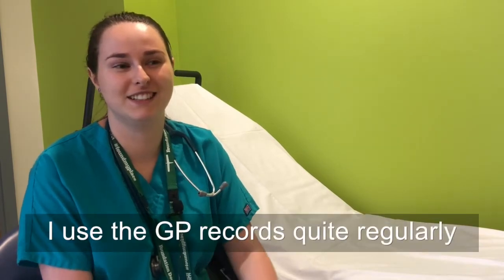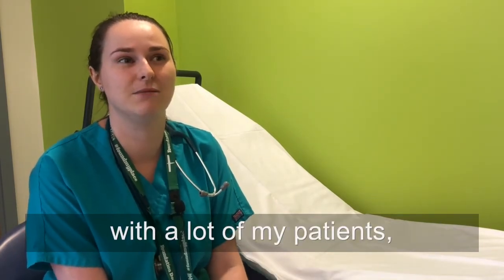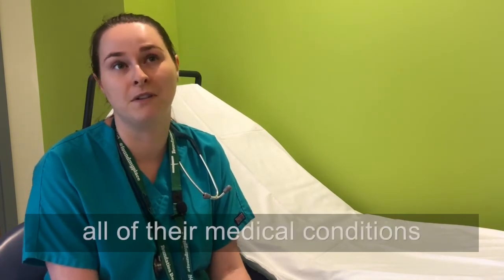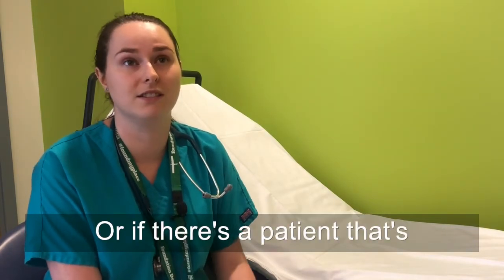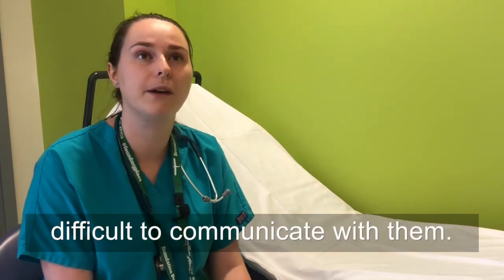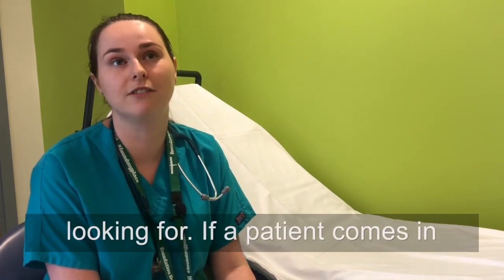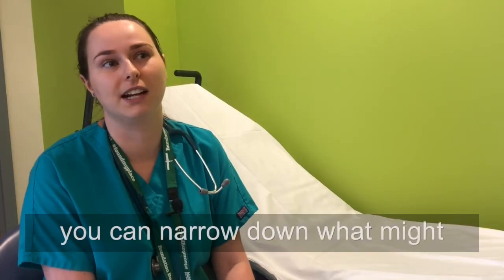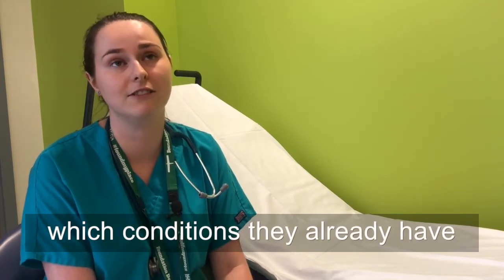So I use the GP records quite regularly with a lot of my patients, in particular the elderly who can't necessarily remember all of their medical conditions and what medications they're on, or if there's a patient that's got a reduced consciousness, so it's difficult to communicate with them, and it's really helpful because it can narrow down what you're looking for. If a patient comes in and they don't really know what's happened to them in the past, then you can narrow down what might be happening to them by seeing which conditions that they already have, which medications